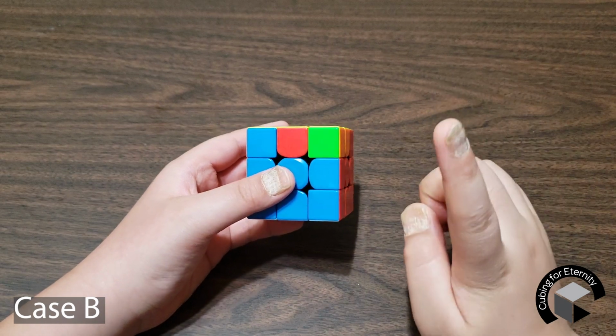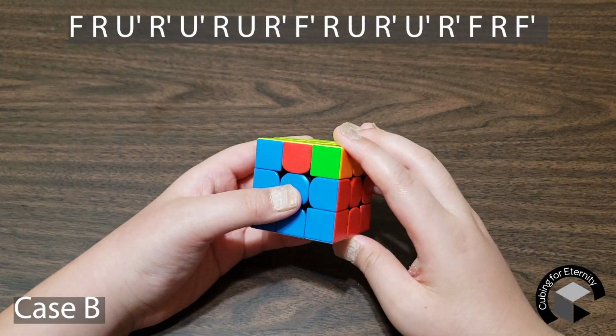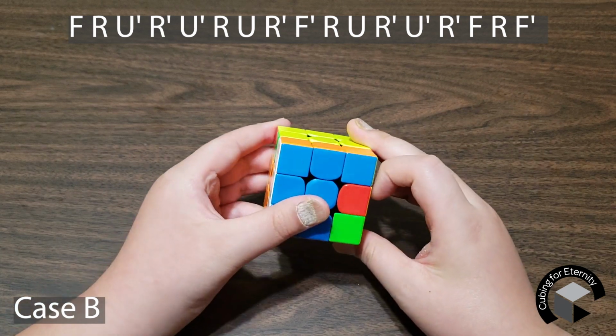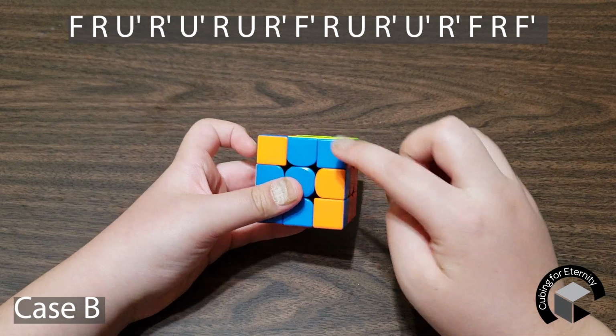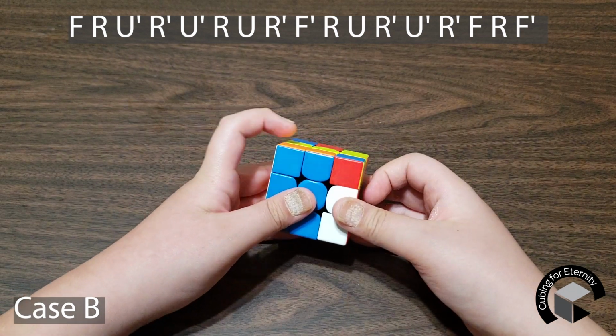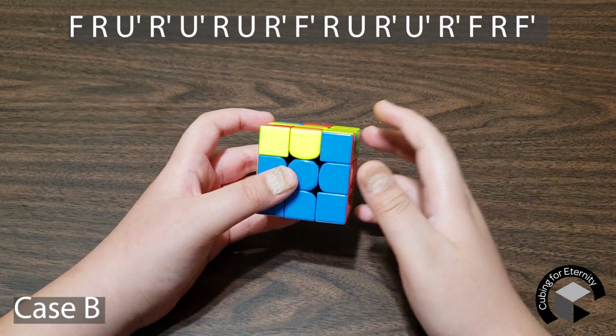Then the algorithm you execute if you have case B is right up here. This is how you do it. So you first do an F, and then you take this pair and put it inside here. Then move this pair back out, and then move this side down, and then move an F prime, and then